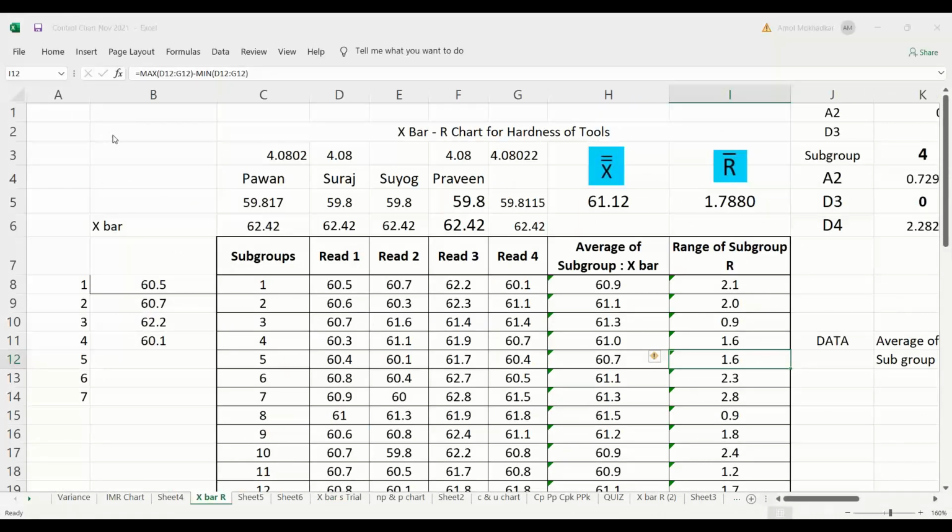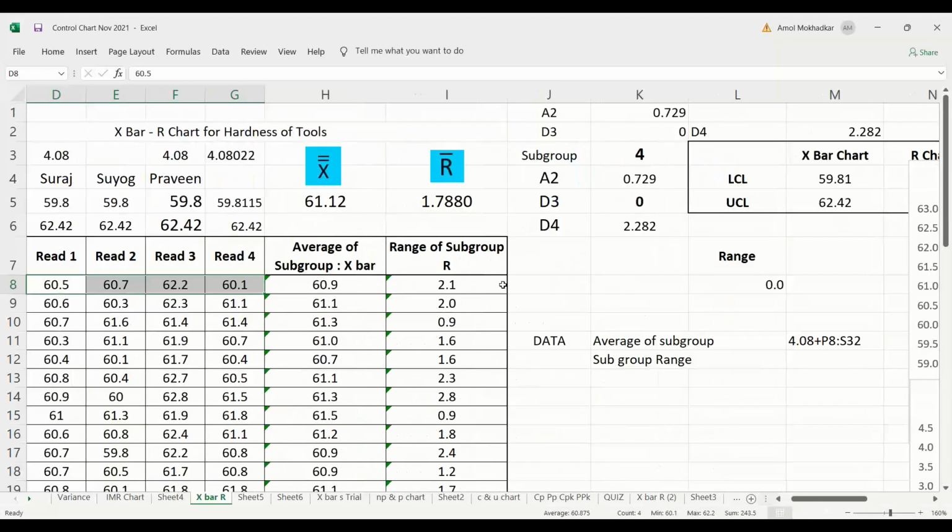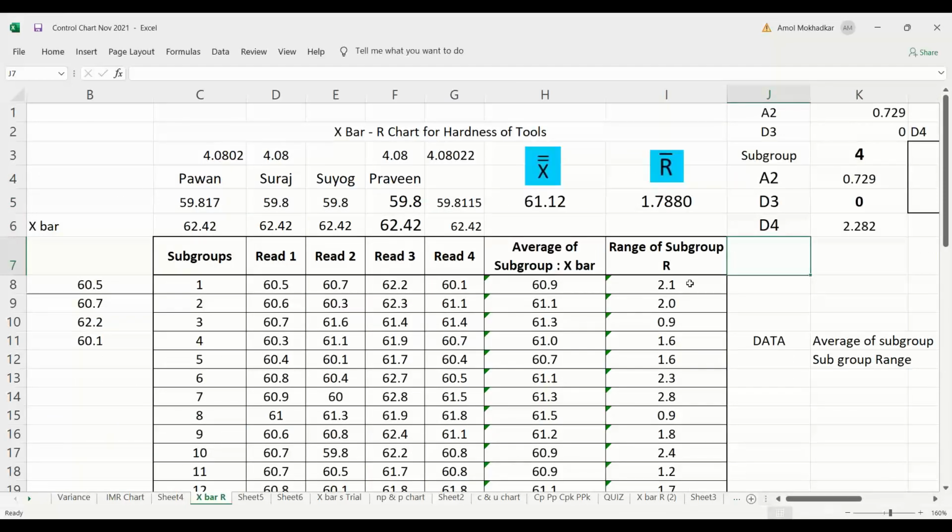When we are saying this is the variation within this one, and how you are going to calculate R bar by D2. But we have not used the D2 for LCL. We are not going to use the D2 for the LCL. For this purpose, we are going to use the within subgroup variation. You are going to calculate it by using R bar by D2.